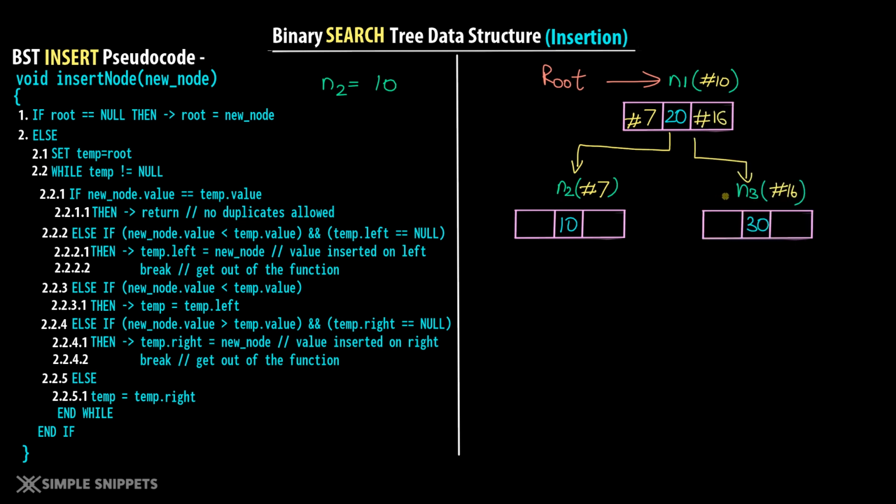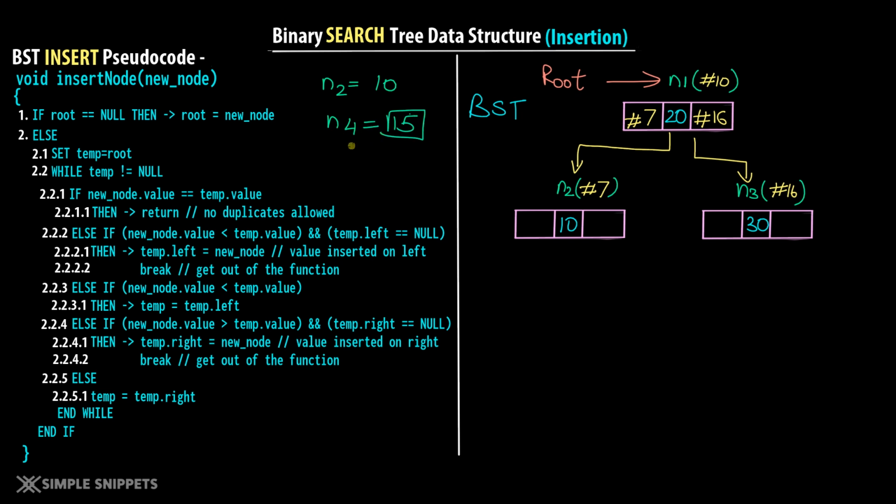Okay, so I just added node n3 with the value of 30. Now of course it got added to the right hand side of n1 because 30 is greater than 20. So now this is a proper binary search tree because it is following the principle where for every node the left subtree has lesser values and the right subtree has greater values. Okay, so far manually you've understood how we are adding nodes. Let's add one more node now. Let's say we want to add n4 with the value of 15.